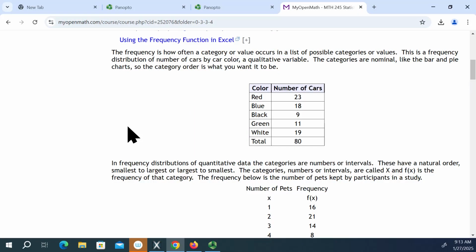Frequency distribution is just how often something occurs out of a list of things that can occur. Right? These are color cars. How many cars are green? How many are black? How many are red? How many are blue? Right? These are categorical